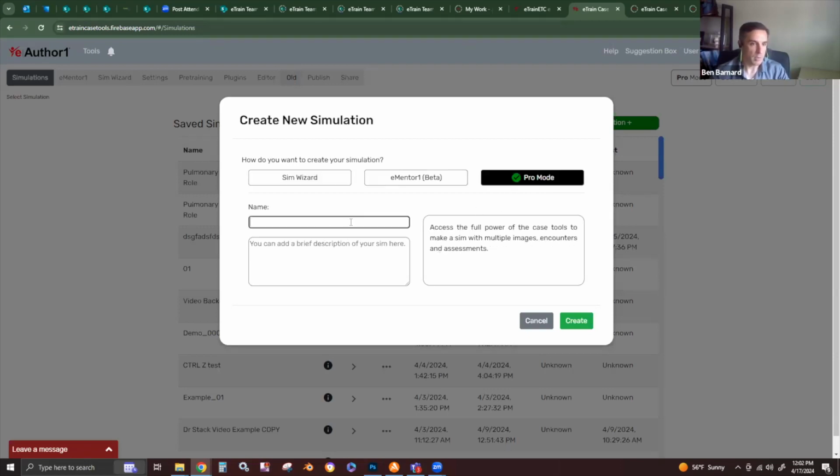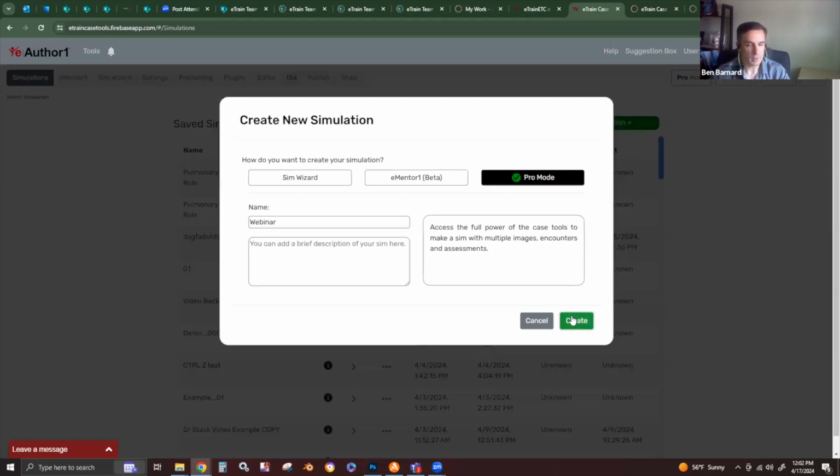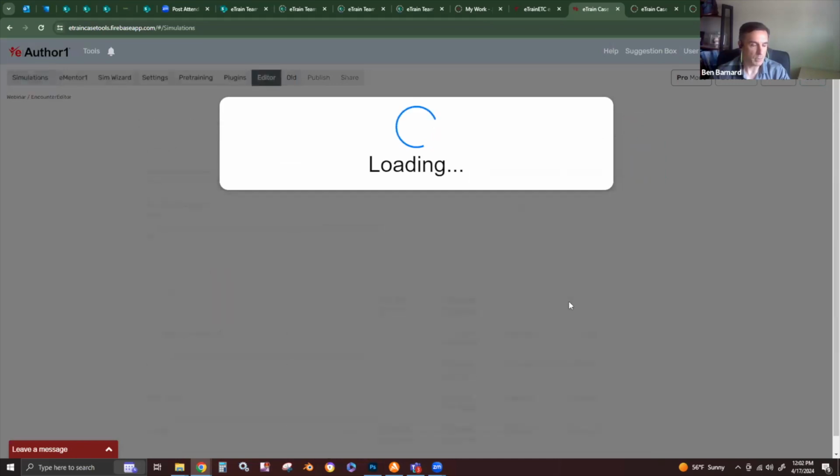So I'm going to go to pro mode and I'm going to give my sim a name. Webinar. We also have this handy little feature here for a brief description, so you don't have to constantly enter your sim. If you can't remember what's in there, you can just leave yourself a little note. Pretty great. So I got my title, going to click create, and it's going to bring me right into the